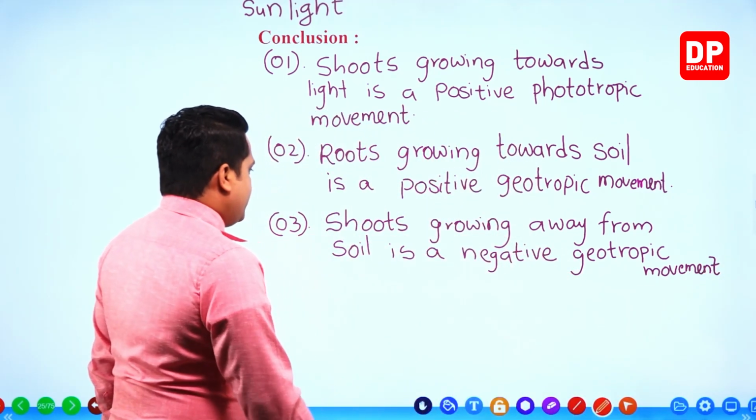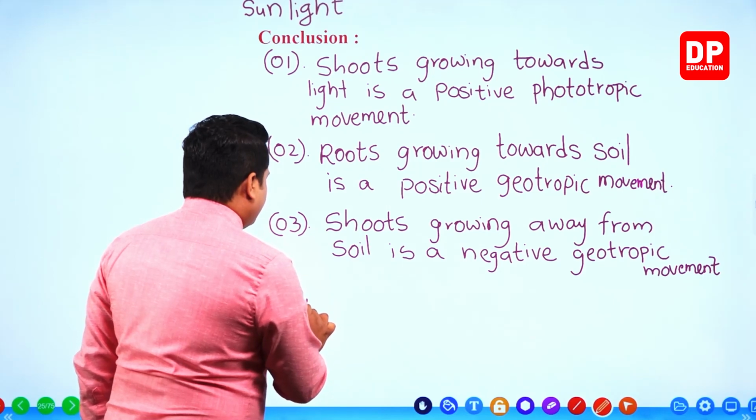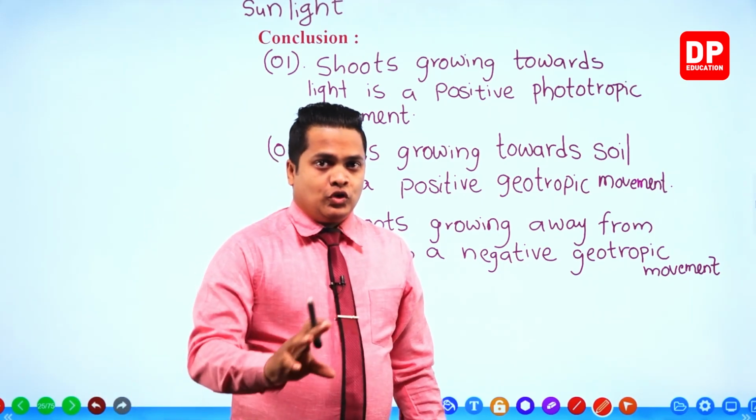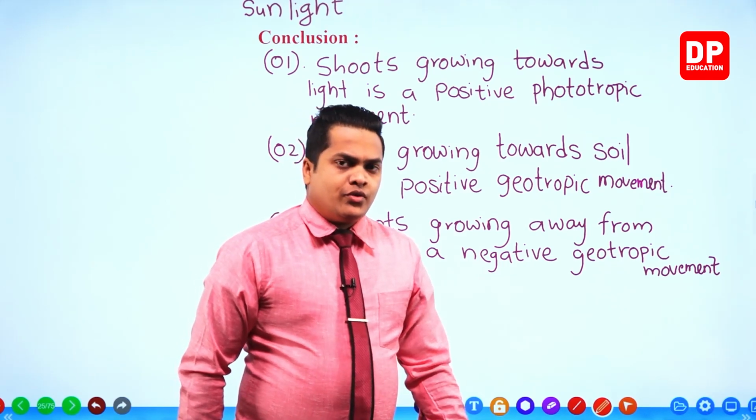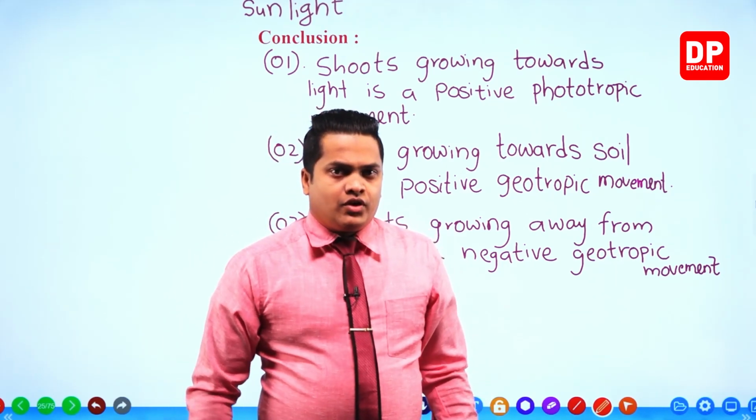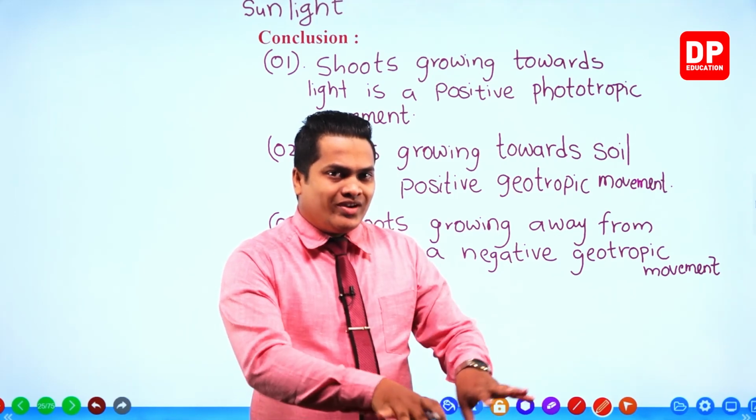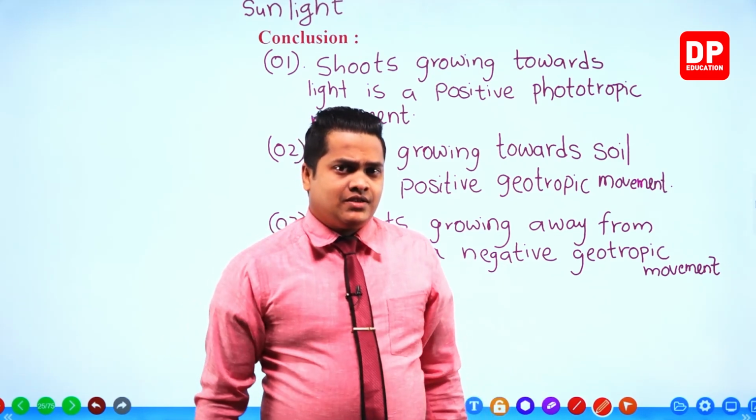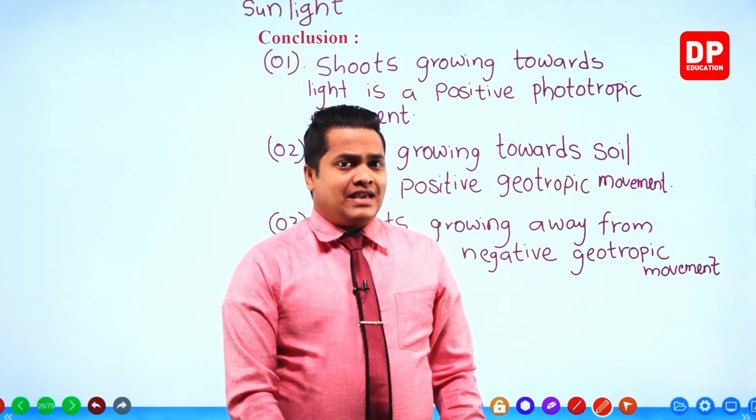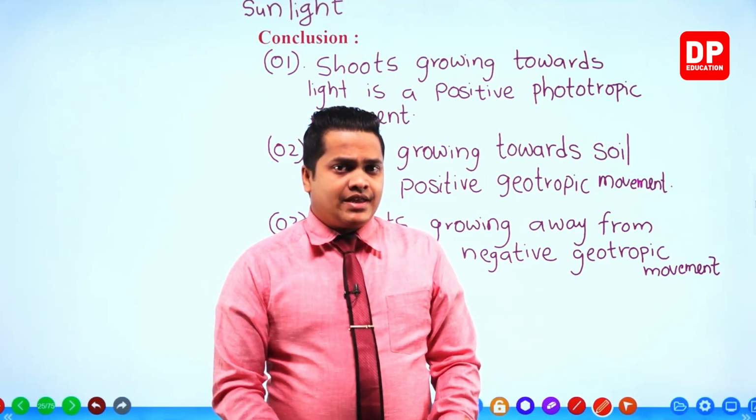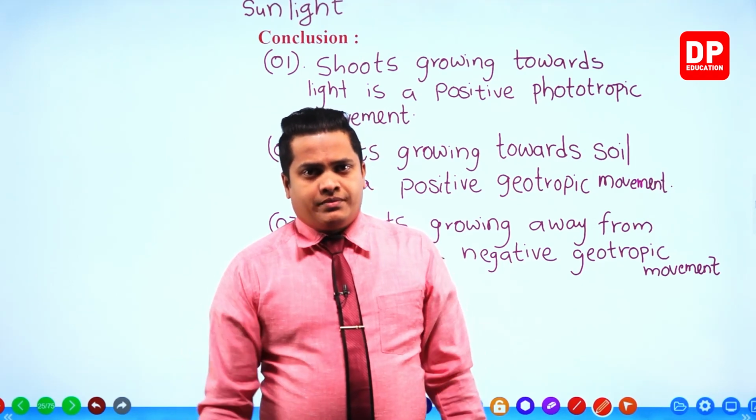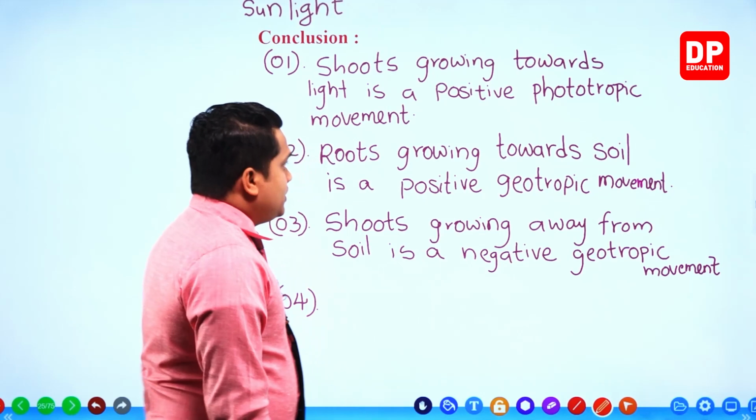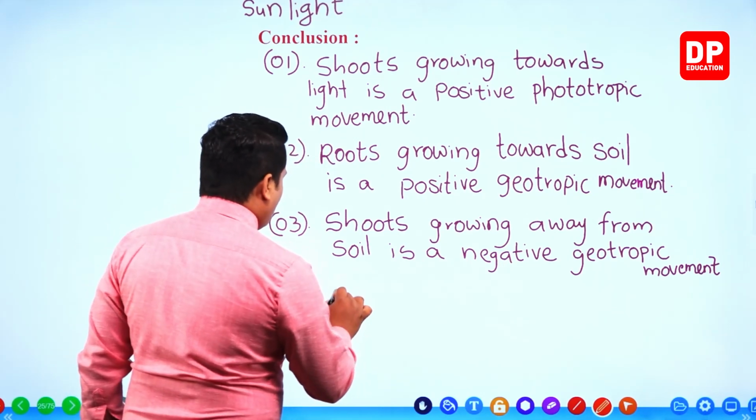Then final and the fourth one, the opposite case of root growing. You know that the root is always growing towards the ground, to a darker area or to a darker place, away from the light. So it can be taken as a negative phototrophic movement. Okay, negative phototrophic movement. So here, roots